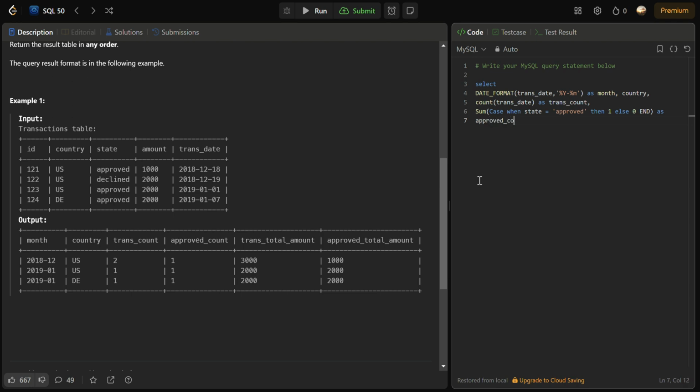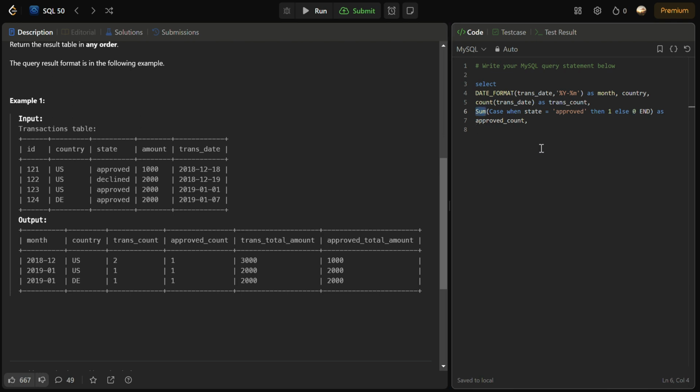Okay, so what we are doing is this. Generally, we are using sum over here in place of count just because we don't want that 0. If you use a count over here, the 0 will also be counted. We just want only the records where the count is 1. So here we are checking when the state column has a value of approved, then only that particular transaction is considered as approved transaction. So we are returning 1, otherwise we are returning 0, and we are summing up. So we get the count of the